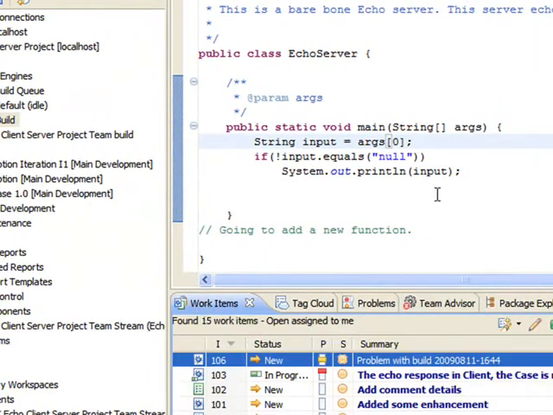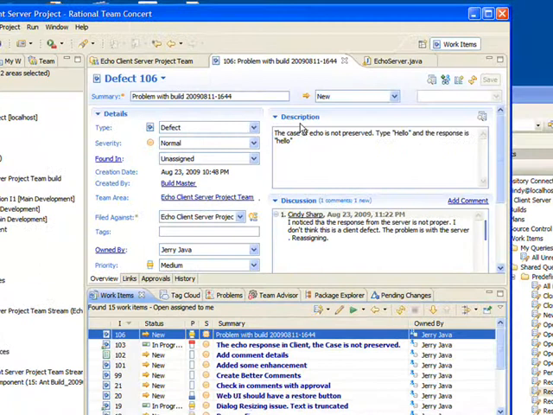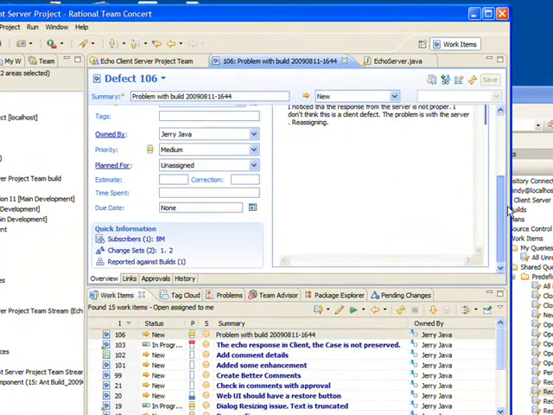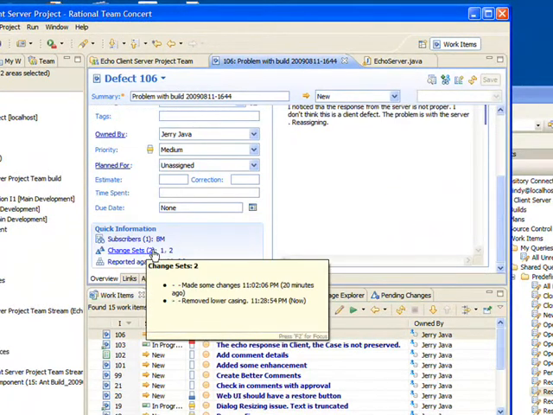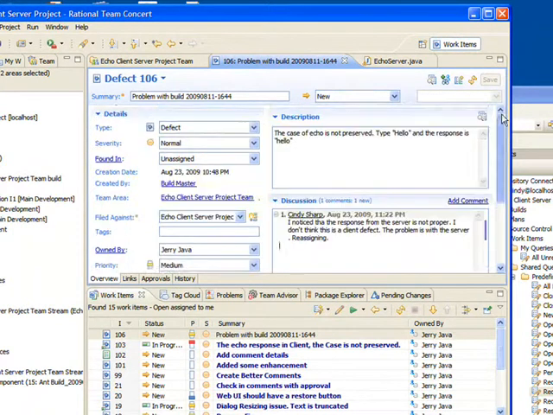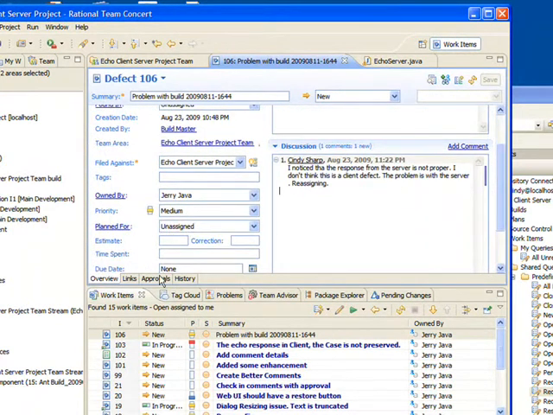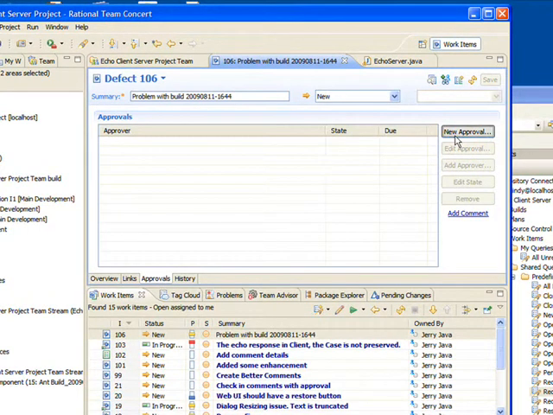So we go to the work item. Notice the change set that Jerry has made is already attached in this work item. We go to approvals and we explicitly ask for approval.